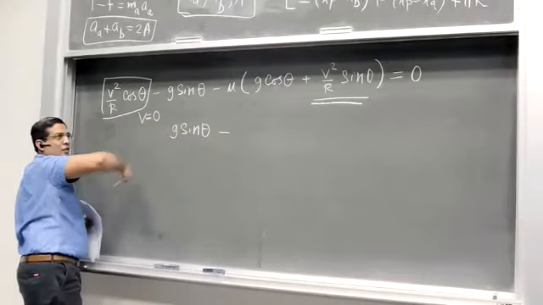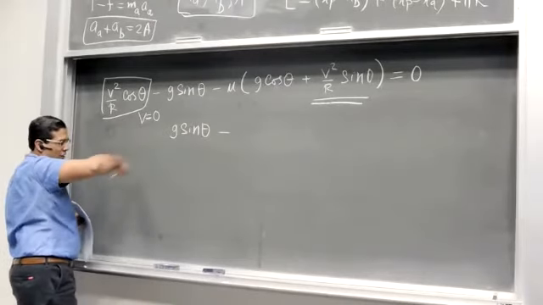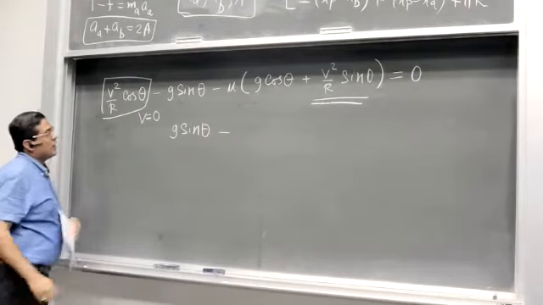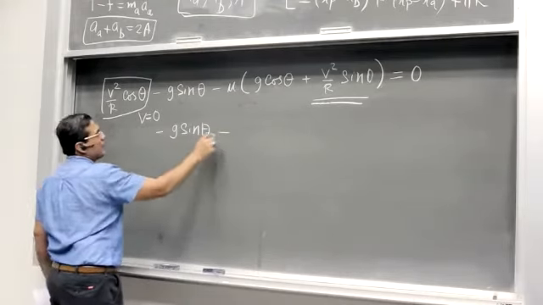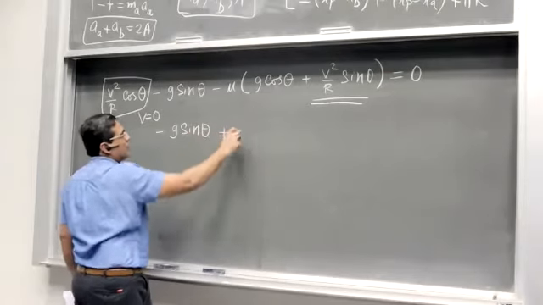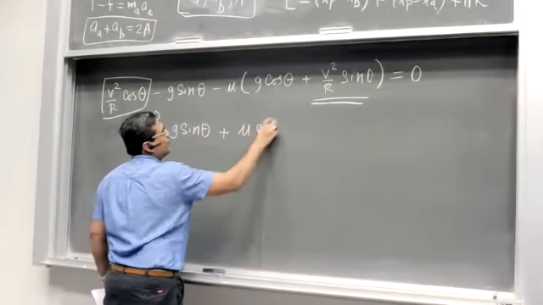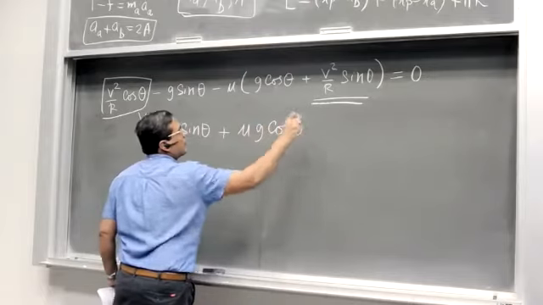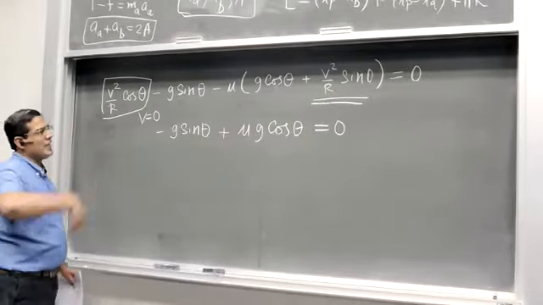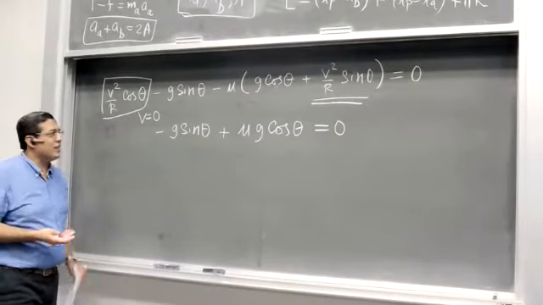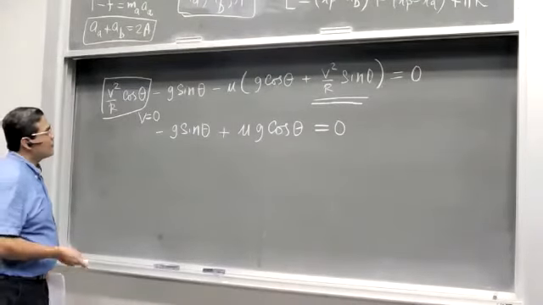Otherwise, this is the force, so the weight acting parallel to the bank, and this is the opposing friction. So this remains negative. This becomes positive. Mu g cosine theta equals 0. Now this is the condition for not sliding down when the car is not moving. So if you simplify this,